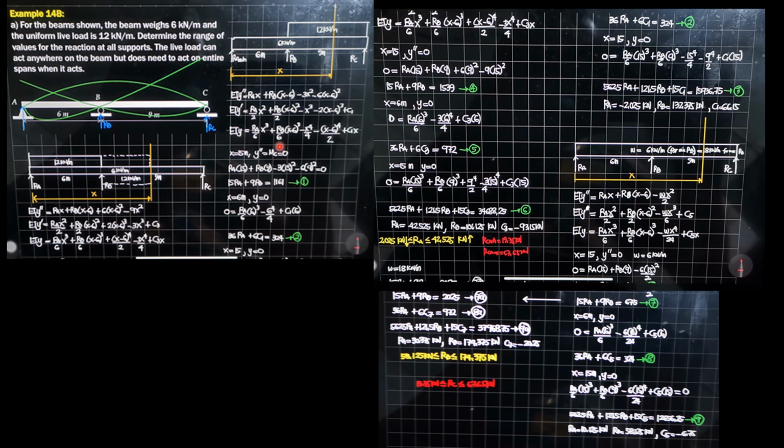Then when X is 6, deflection at B is 0. So Y is 0. So 0 into this equation equals RA times 6 cubed over 6. Then 6 minus 6, of course, 0. Then minus 6 to the 4th over 4. This is 0. Then plus C sub 1 times 6. Simplifying, 36 RA plus 6 C sub 1 equals 324. So call that equation 2.